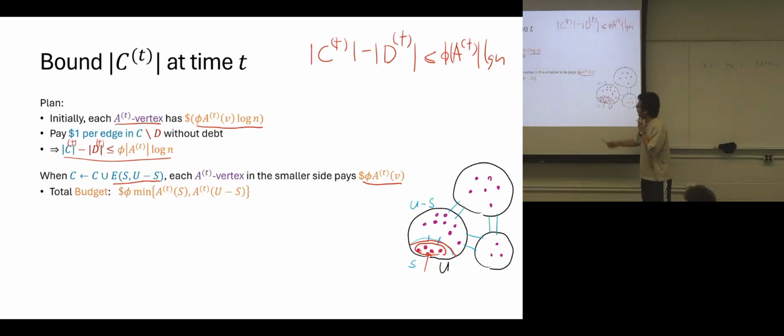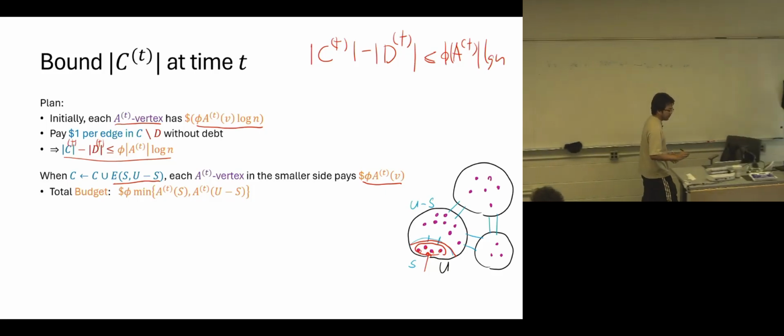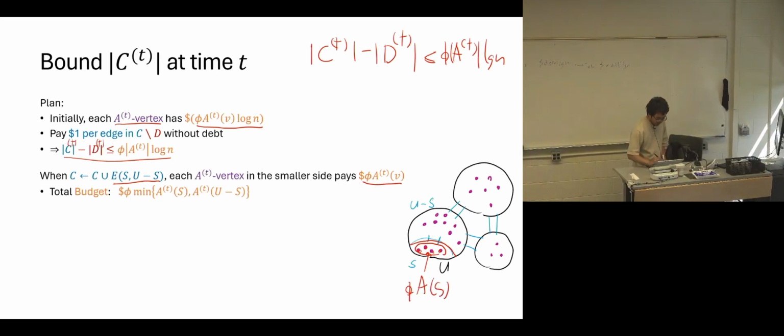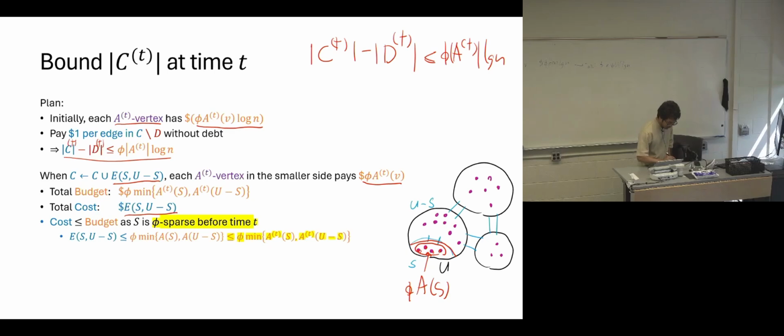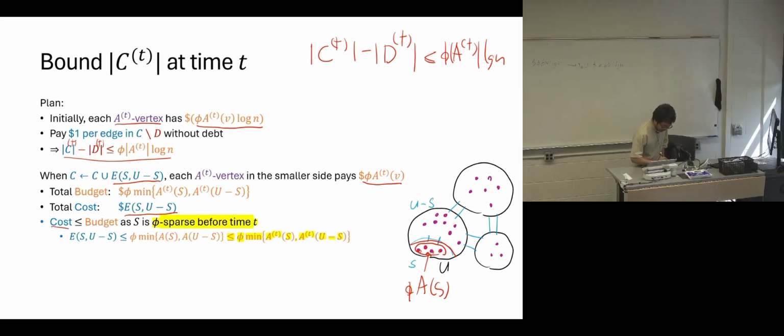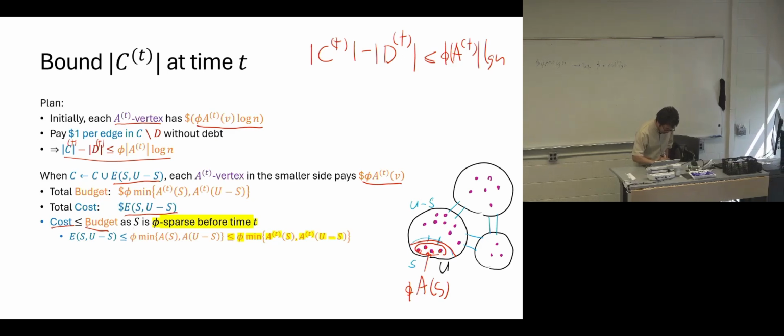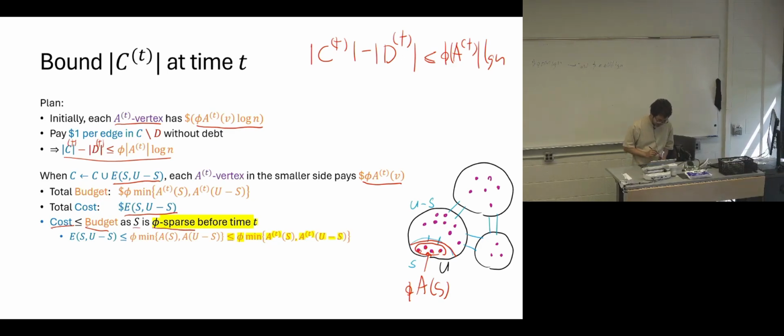Because the total money that we get would be 5AS, which is at least this much. But the cost is just the number of edges along the sparse cut. So the cost is at most the budget, and the reason is that S is 5-sparse